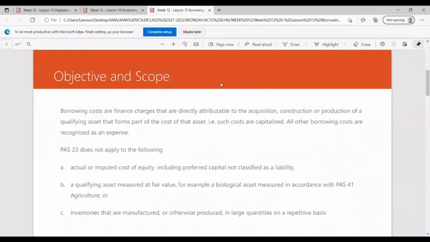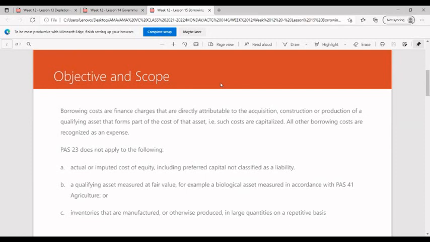Objective and scope. Borrowing costs are finance charges that are directly attributable to the acquisition, construction, or production of a qualifying asset that forms part of the cost of that asset. Such costs are capitalized, or other borrowing costs are recognized as an expense. Excluded are the actual or imputed cost of equity, including preferred capital not classified as liability. Also excluded is a qualifying asset measured at fair value, for example, a biological asset measured in accordance with PAS 41, or